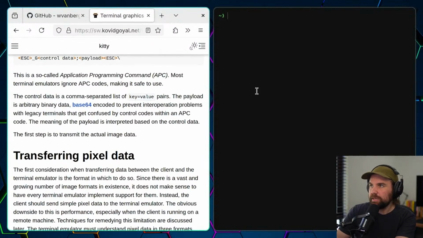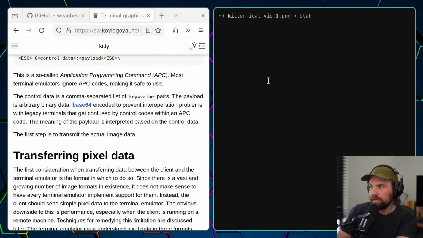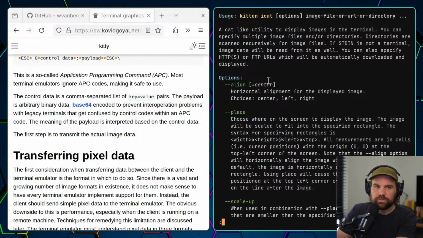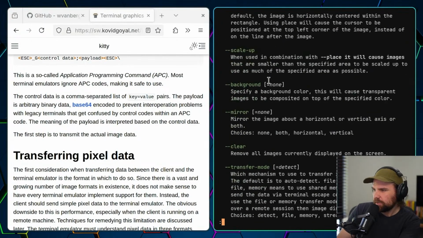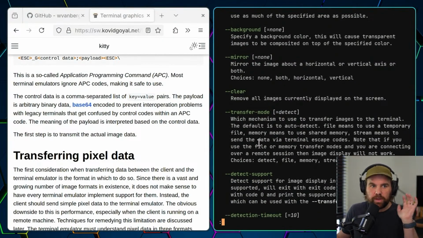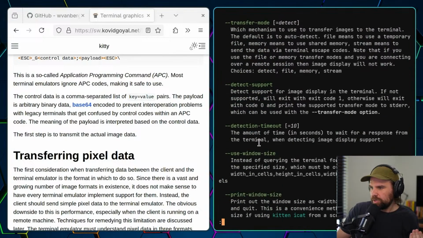What I ended up doing was, there's a Kitty command line tool called Kitten that you can install. And Kitten has an icat method, and that lets you interact with the Kitty graphics protocol on the command line. And it gives you all these options like clear, transfer mode. This is the static transfer mode that I was using before, because you can actually just pipe the whole graphic. You can read the entire image and base64 the contents of the image and send it through, but I didn't want to do that because I already had the file on disk.